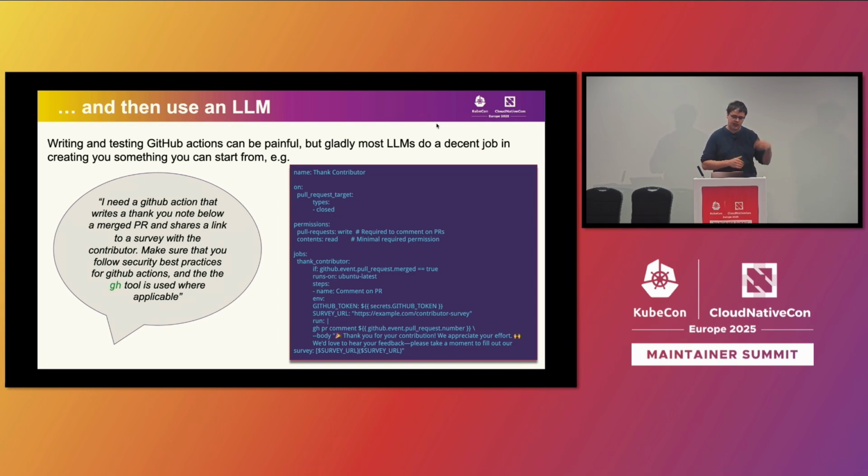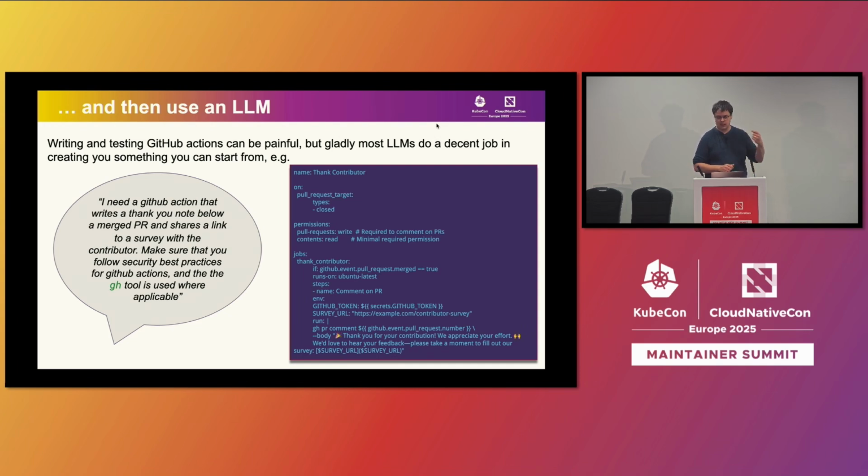And as you can see, it takes care of a lot of things you would have had to read through the GitHub documentation for. Trigger this on a pull request being closed. Make sure that the permissions are set correctly so that it only has write permissions for pull requests, because it needs to make a comment.